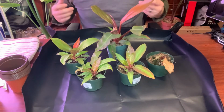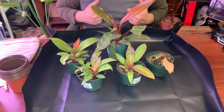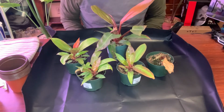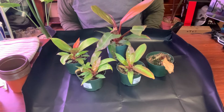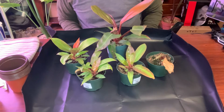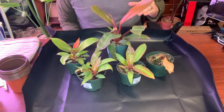Today I'm going to do some Philodendron Prince of Orange repotting. As you can see in front of me, I have several of them, some at different stages. I picked up a few today. There was a BOGO sale at a local nursery, and I've wanted to repot several of them that I have. Now,